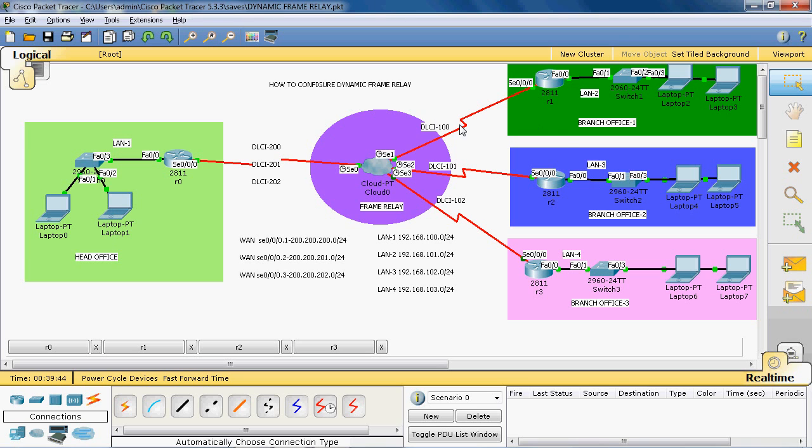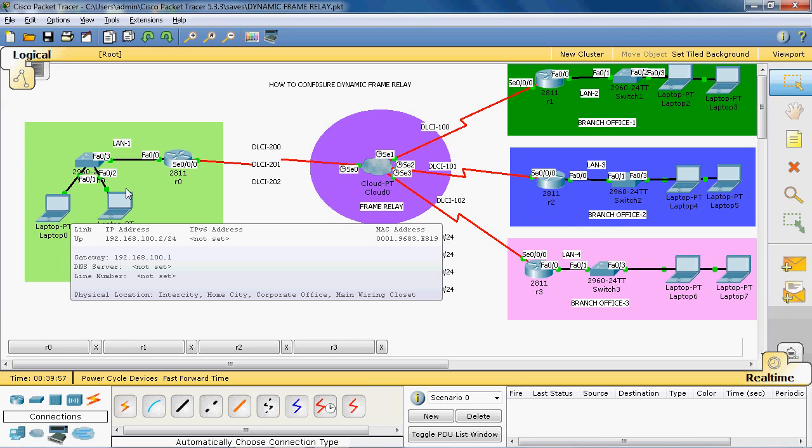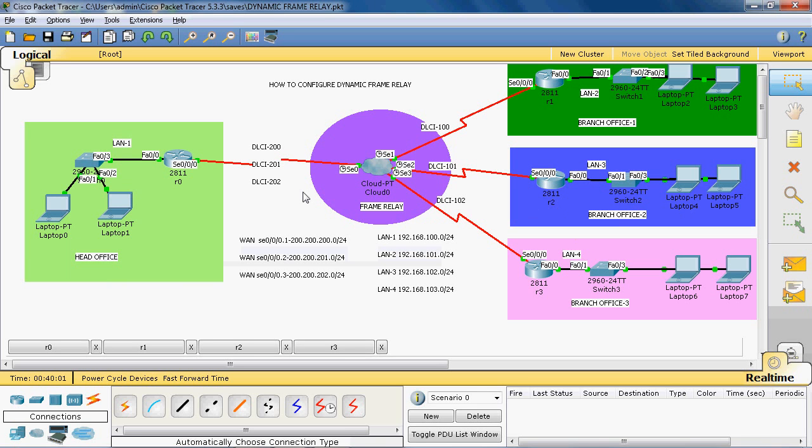DLCI 201 indicates head office sends packets to branch office 2. If branch office 2 wants to send packets to head office, it uses the DLCI value 101. And DLCI 202 is used to send packets from head office to branch office 3. If branch office 3 wants to send packets to head office, it uses the DLCI value 102.